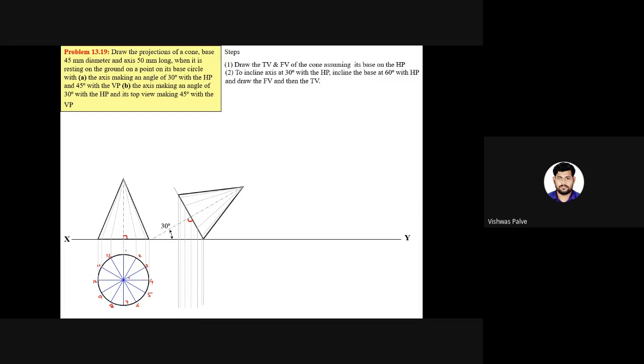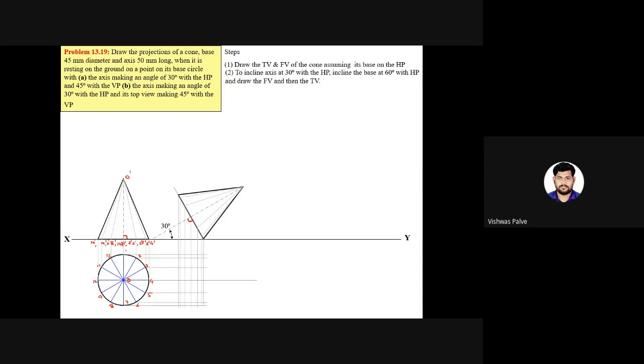In the top view this will be my point O, and in the front view it will be O dash. So here you will have points 1 dash, 2 dash, 3 dash, 4 dash, here 5 dash, 6 dash, 7 dash, 8 dash, 9 dash, 10 dash, then 11 dash and 12 dash. You can see 8 and 12 are in one single line, 6 and 2 are in one single line, 5 and 3 are one single point. This is nothing but overlapping. So we are giving the numbering. After giving the numbering, you just have to take the projections.